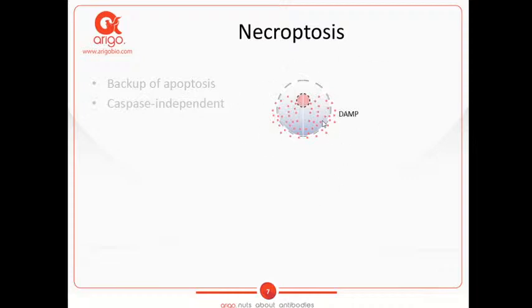The cell breaking results in the release of intracellular protein. The intracellular protein would be released in the extracellular site. In the extracellular site, this protein acts as a danger signal. The danger signal induces an immune response, that is inflammation. So necroptosis induces inflammation. The next question is whether necroptosis has anti-cancer possibility.